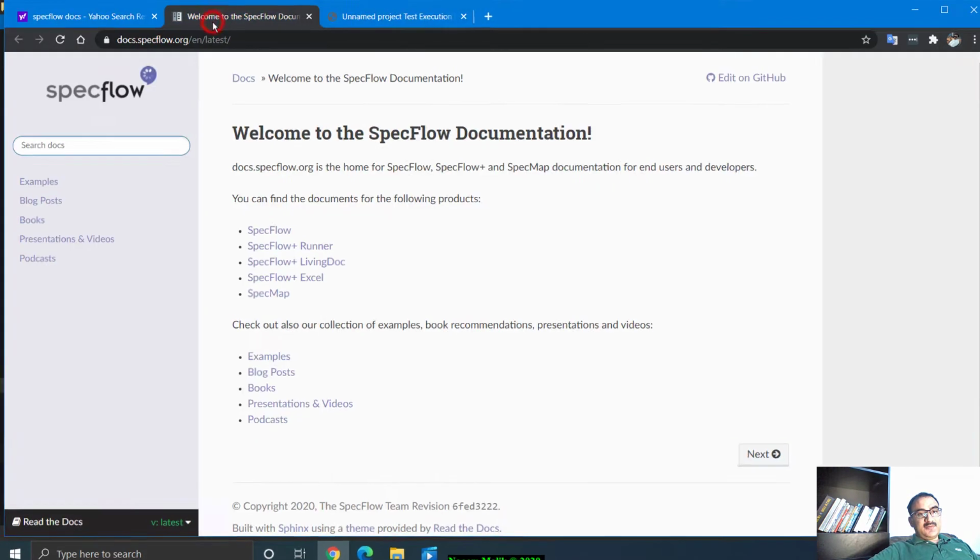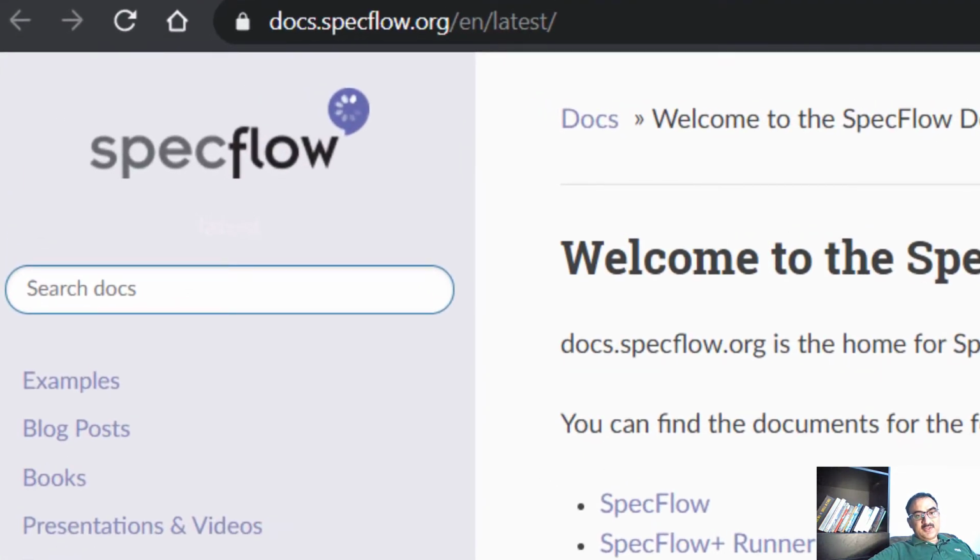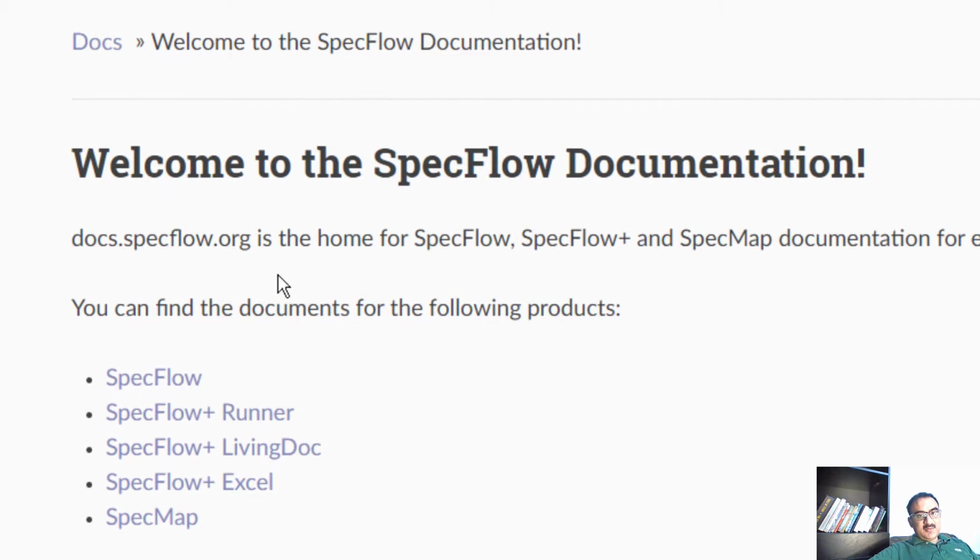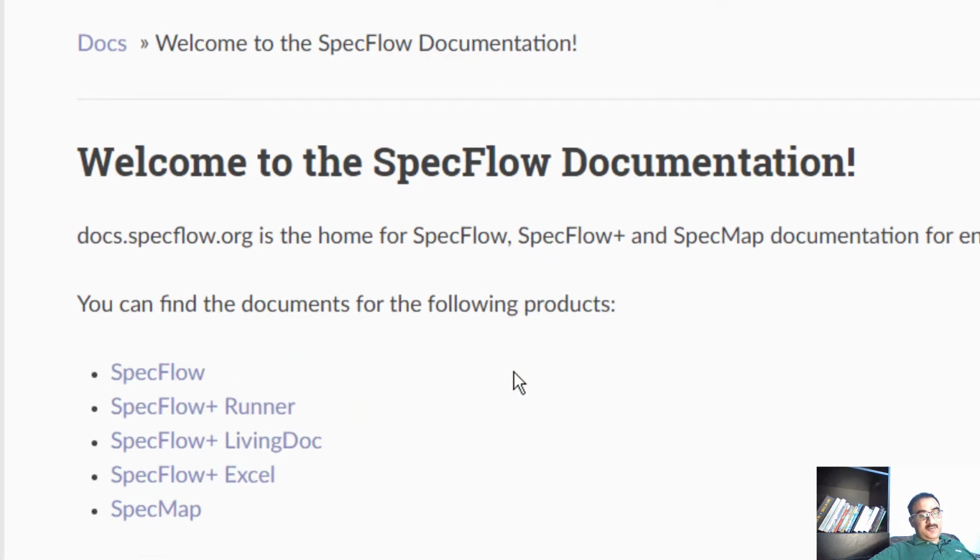If you go to the SpecFlow documentation page here, you can see welcome to SpecFlow documentation. Over here, this SpecFlow runner, previously it was a paid tool, now it is free. Same is true for LivingDoc and SpecFlow plus Excel, although SpecFlow plus Excel is not supported in the newer versions, but these two premium products, they are now free.